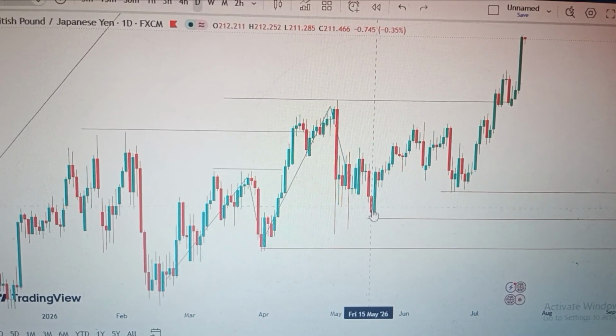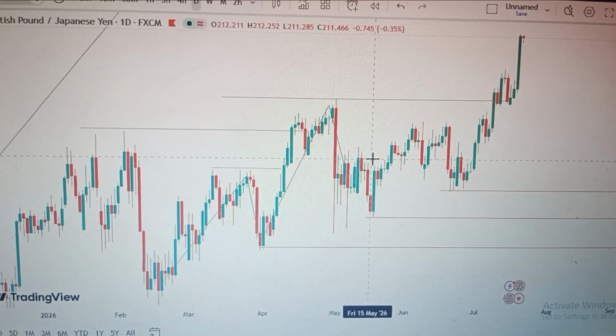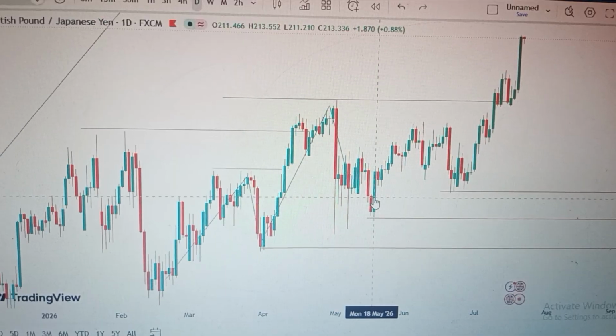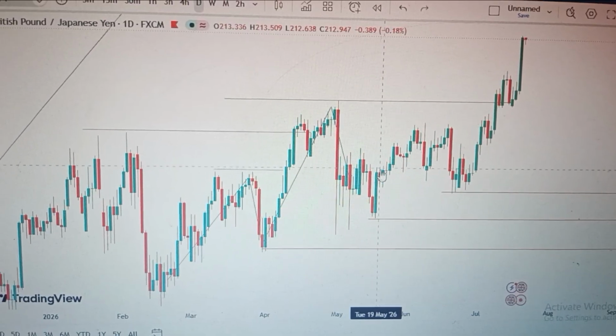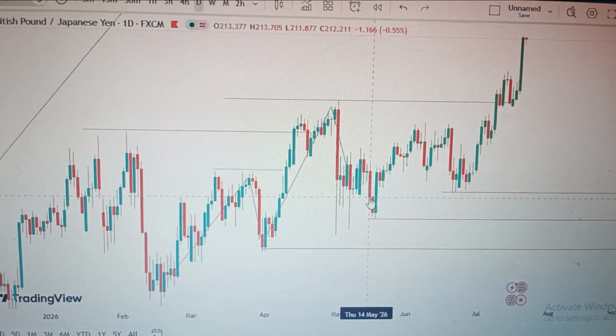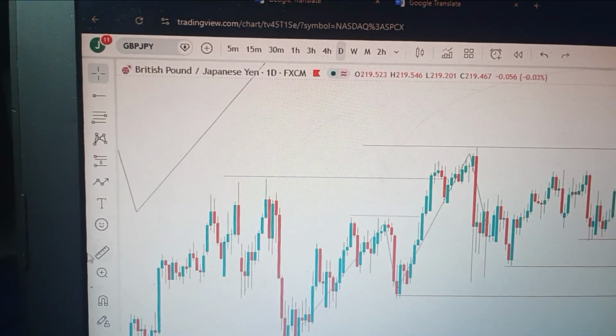But what I had was this massive push, which I was not able to catch the trade before. So once we had this push, I was still expecting